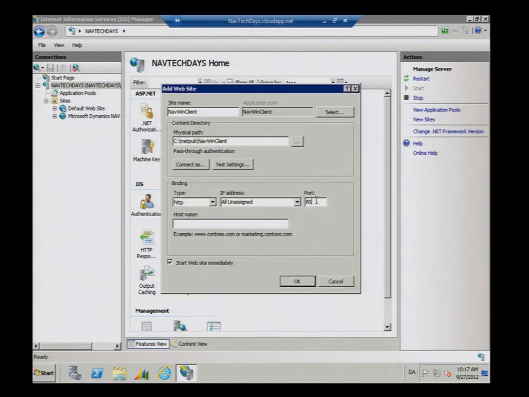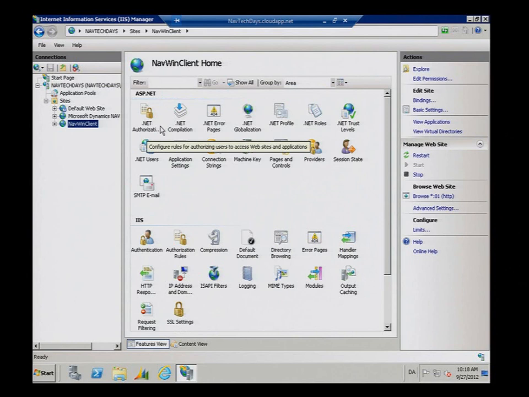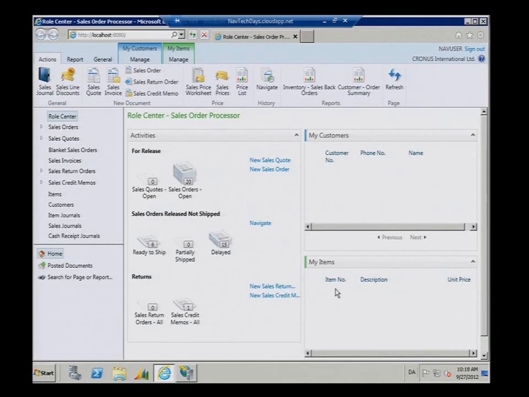And I'll use port 81 because port 80 is used by the web client. And the 81 port is also enabled as an Azure endpoint. That basically means that connections from the outside are allowed into the VM. We did that already. So if I open a browser now and type in